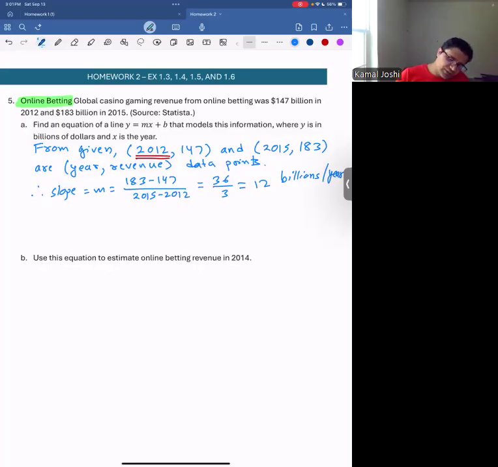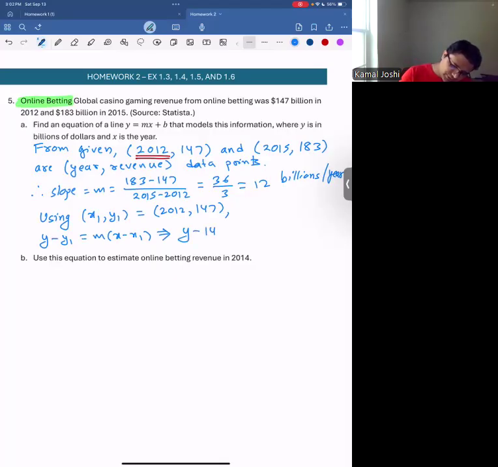And now let's write the equation in point slope form first, using x1, y1 as the point 2012, 147. Okay, y minus y1 equals m times x minus x1. And that gives you y minus 147 equals 12 times x minus 2012. And that gives you y equals 12x